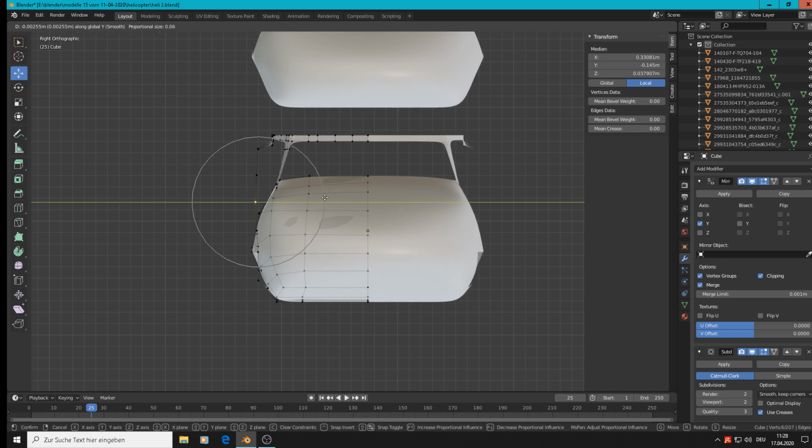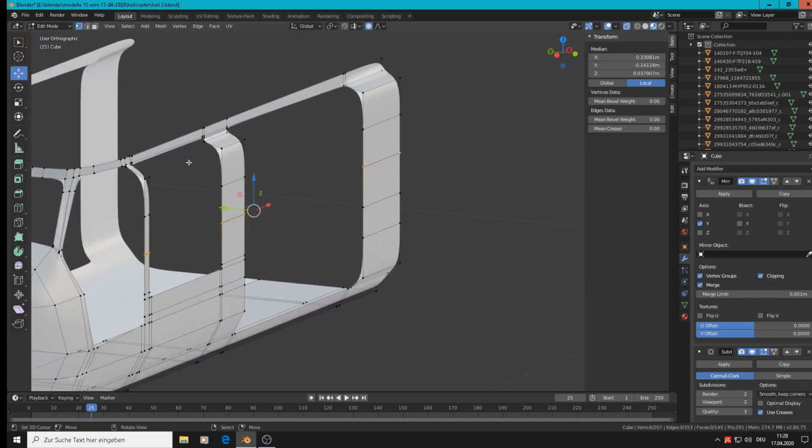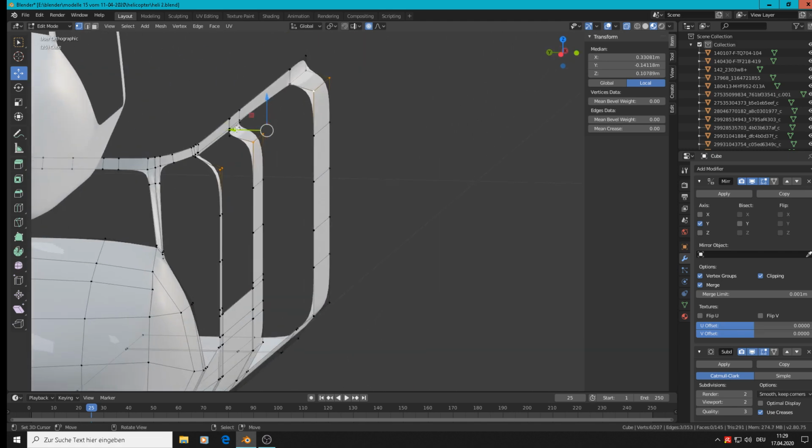So I would say we only should include our stuff here, not many other stuff. But I see it here. That is too far away. So we better bring that